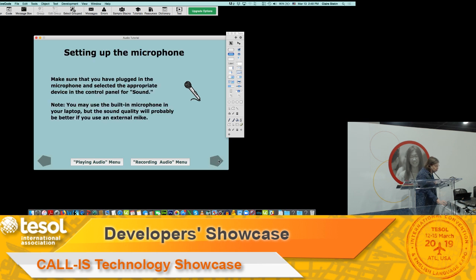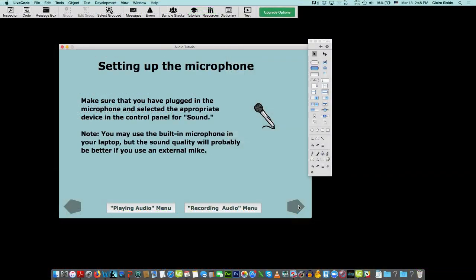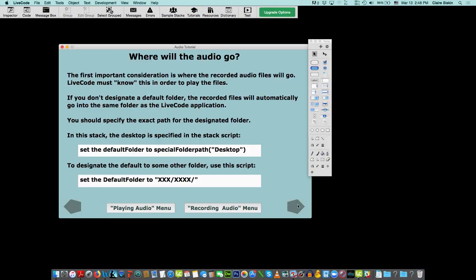Now, recording audio. It has information about setting up the microphone, which I'm not using here. Here again, there's a reminder that you have to tell LiveCode where to put the sound files. One thing that happened as I was updating this is I discovered, this is kind of bad news, that